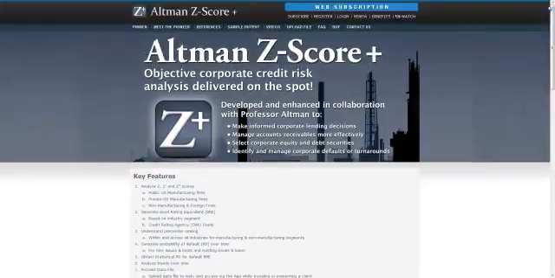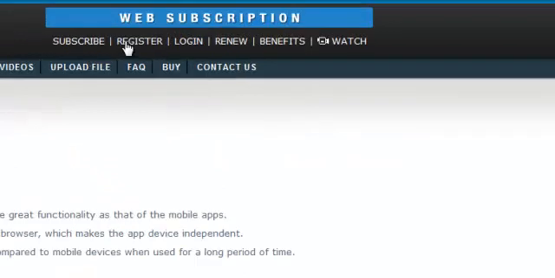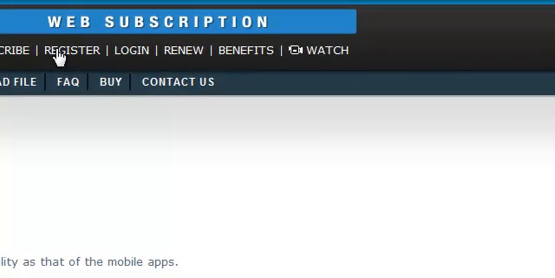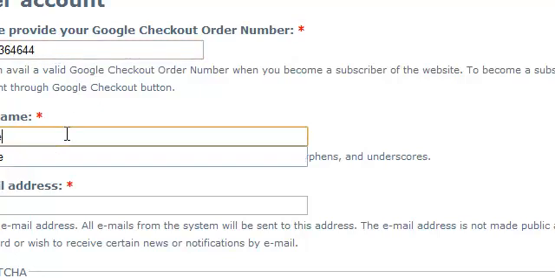Okay. In order to purchase the web application, please click on subscribe. And this brings up the Google Checkout Buy Now button. Please make a payment through Google Checkout Buy Now, and then you'll receive a Google Checkout order ID. Please use that order ID to register a username. Please supply the Google Checkout order number here, and then you choose the account name,